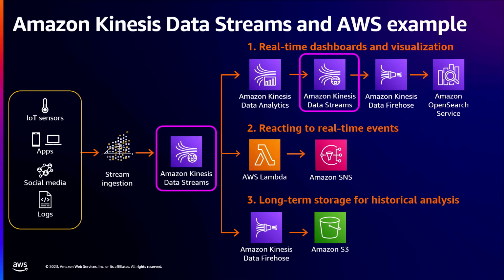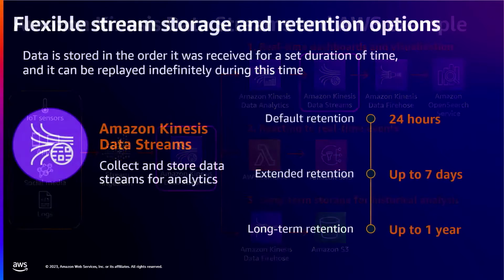So this diagram shows an example of how some people are going to use Kinesis in their solution landscape. We've got multiple options, like AWS IoT Core, which is going to be a producer to ingest data from lots of streaming sources. Once the data is in Data Streams, customers then have many options to extract or transform it for analysis. This example uses Kinesis Data Analytics to generate some real-time insights. And of course, you can use Lambda functions, which we're going to cover a lot today, for any kind of data transformation to process your data and send it on. And then you can use Kinesis with other services like S3 or to send data outside AWS.